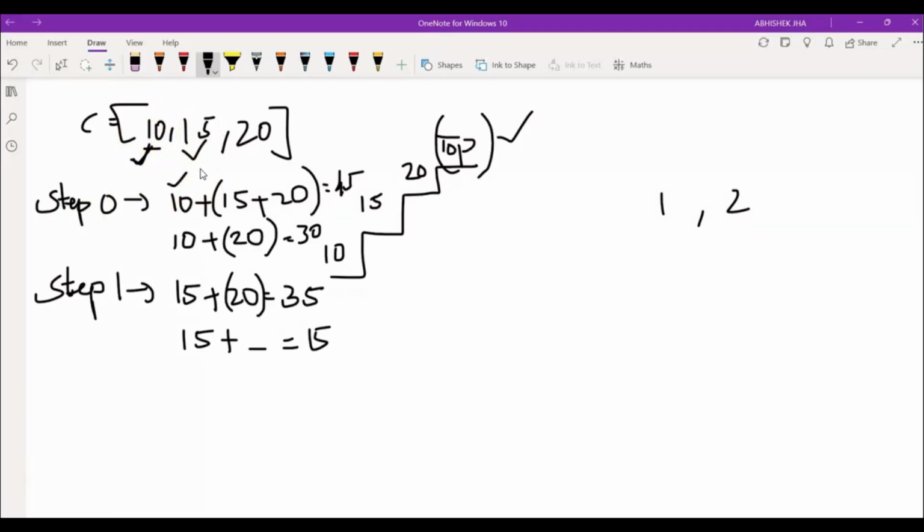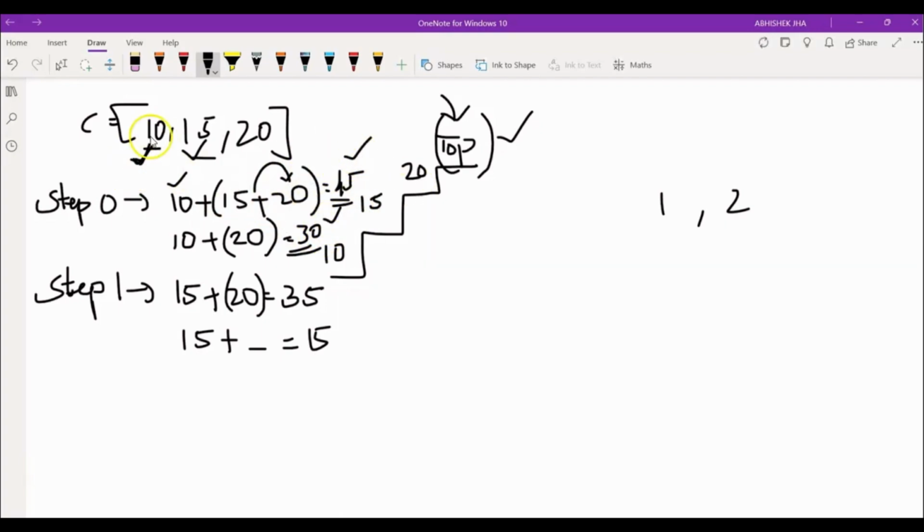Then we'll have two options, that is we can take one step or two steps. From this index, if we take one step ahead, we'll move to the first index, which will cost us 15, and then from here we'll again have two possibilities, either one step or two steps. If we take one step, we'll get the cost 20, which will give us a total of 45. But from 15, if we take two steps, we'll reach the topmost position, which will give us a total cost of 30. So the two different costs we get if we start from the 0th index are 45 and 30.